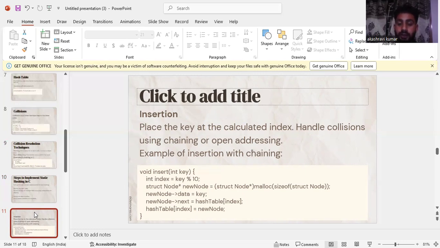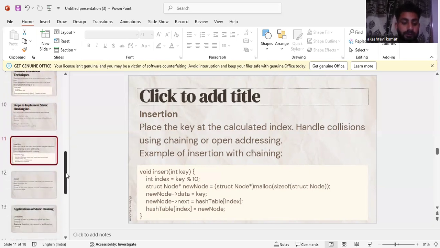void insert(int key) { int index = key % 10; struct node* new node = (struct node*) malloc(sizeof(struct node)); new node->data = key; new node->next = hash table[index]; hash table[index] = new node; }